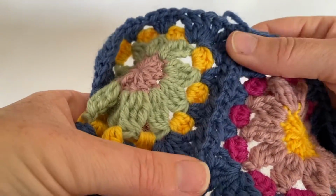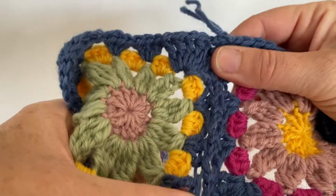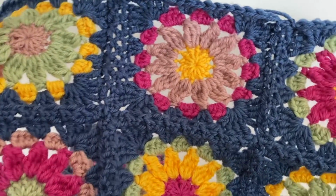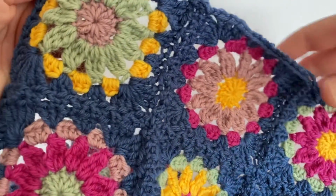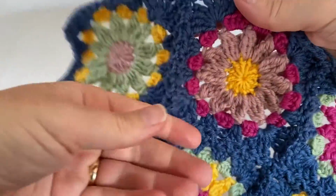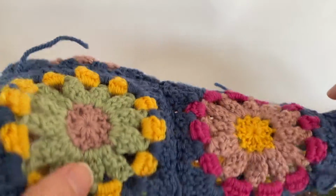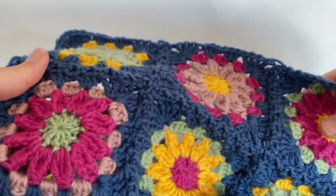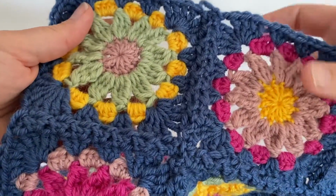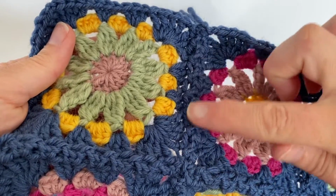I will show you, but it really does produce, as you can see, a nice stretchy join, which is really important for things like garments where you don't want too much restriction in the movement of the fabric. It also produces a completely flat and neat backing, and the front is raised but only a little bit. What I would say is that it's a really good join for using the same colour as the squares that